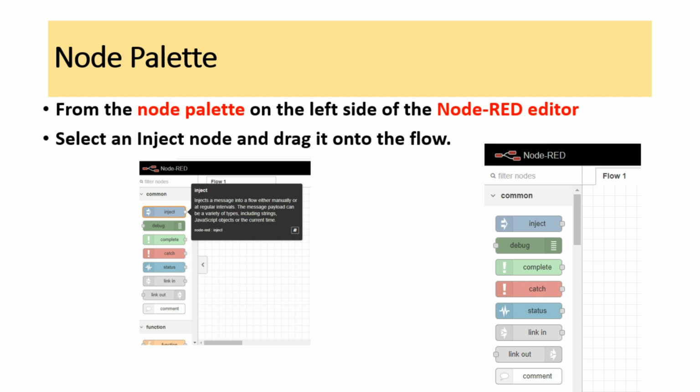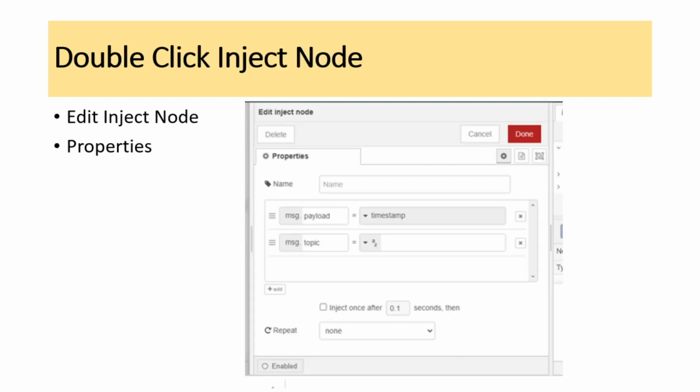For this, you have to select a node from the palette, then drag it and place it in the editor window. After placing it, you can set the properties by double clicking the inject node.